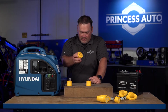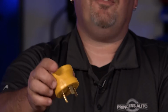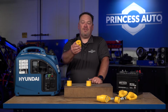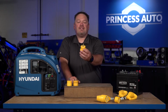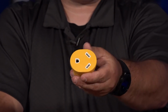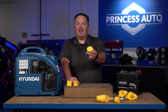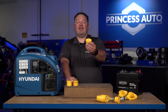This second one here is a 30 amp 3-prong to a 15 amp. So this would be a standard outlet going to a 30 amp. There are little adapters that you can get for all sorts of different connections. Having a few of them is a great option. This one here is similar to the first one, except this one is a 30 amp 3-prong to a 30 amp 3-prong, just in a different configuration. So it gives you those options if you're not sure. Maybe you're traveling to different RV parks and they have a different hookup than you have. That would be pretty awkward, and you'd have to find a store to try to make your electrical